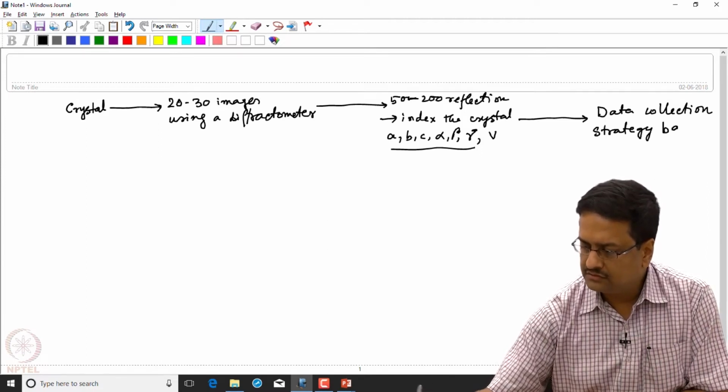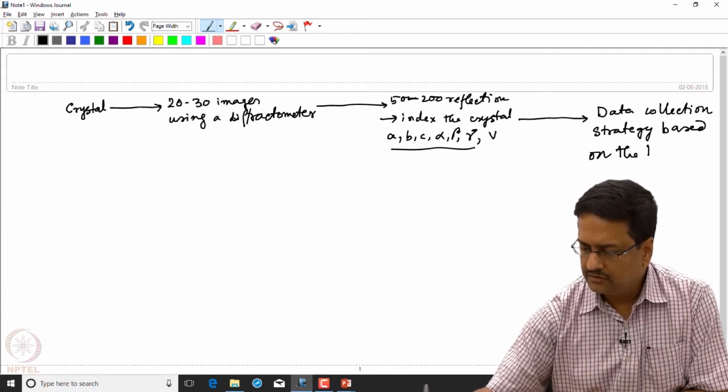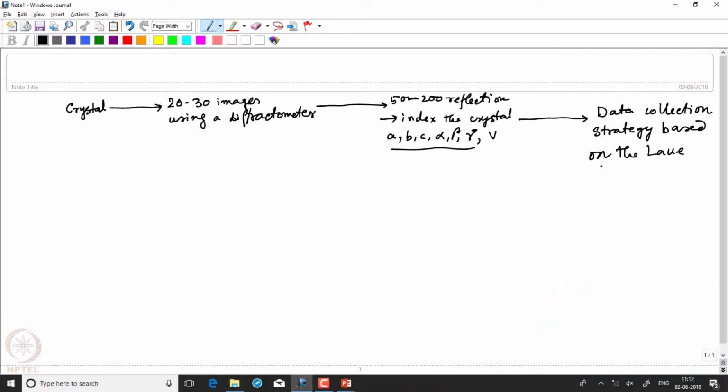Based on the Laue symmetry of the lattice or of the crystal system, we then collected data,